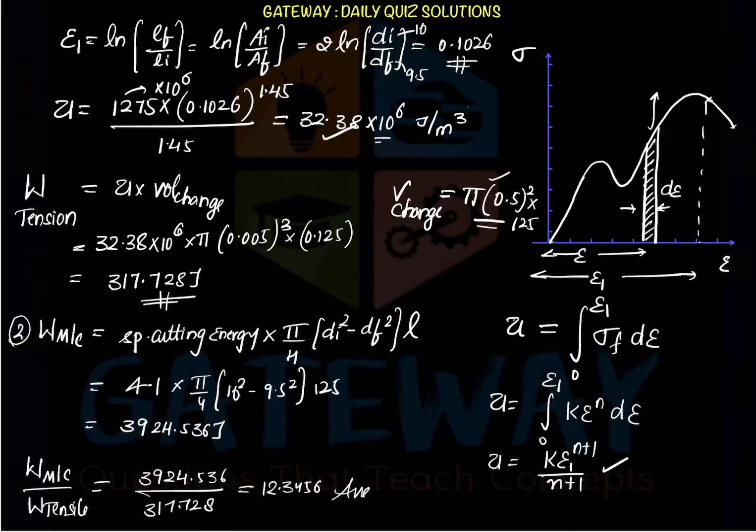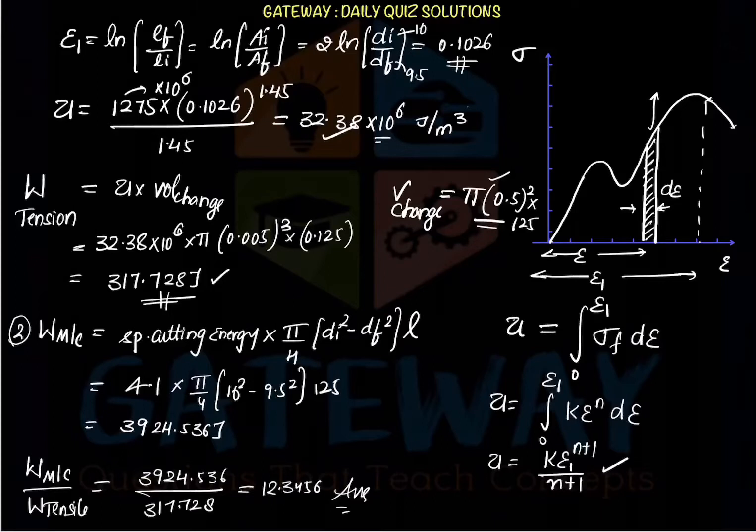12.3456. So from here we can observe one thing: while we are doing the machining operation to get the same final output of reducing the diameter from 10 mm to 9.5 mm, we are consuming a lot of work here. Work means nothing but we are consuming a lot of electricity here. But in cold working, nothing but the plastic deformation, the forming operation, we need only less work to get the final output. But in plastic deformation, there will be some residual stresses developed. There are some advantages and disadvantages for both the cases.